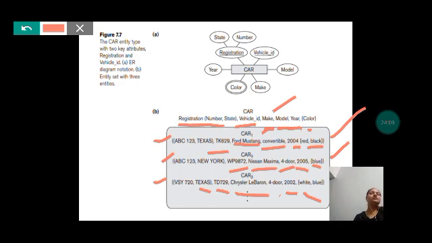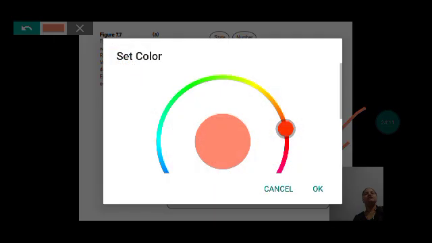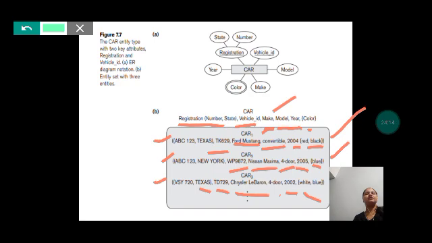One thing you need to observe here is which type of information we have stored in these entries. All these are registration numbers, and this is the registration state, and here we have all the entries for vehicle ID, and then all the entries for vehicle make.